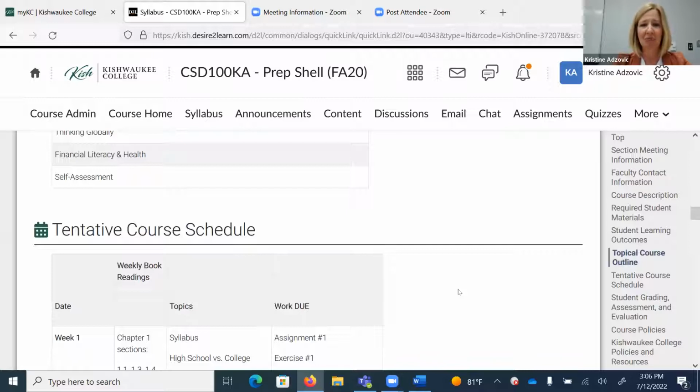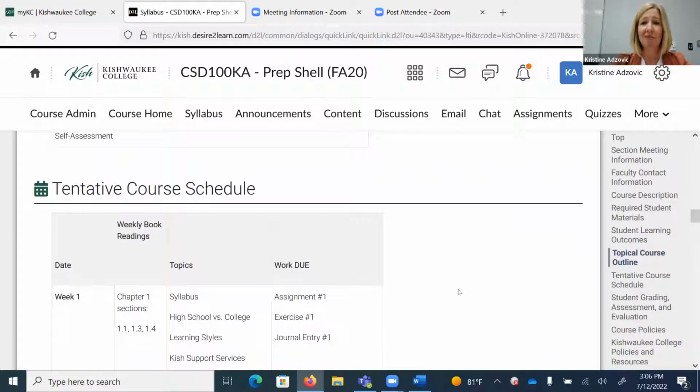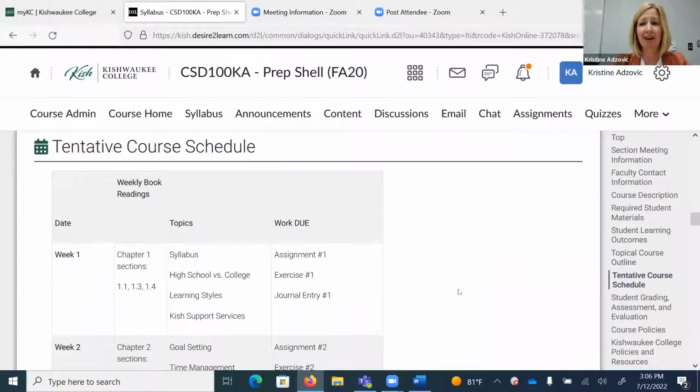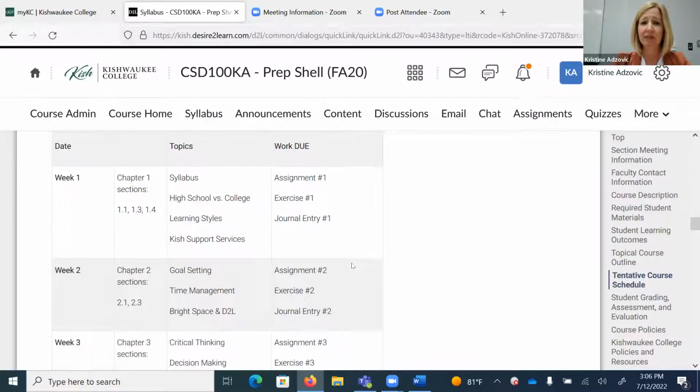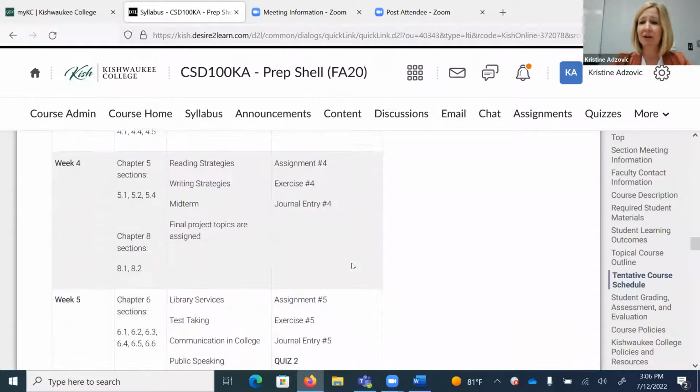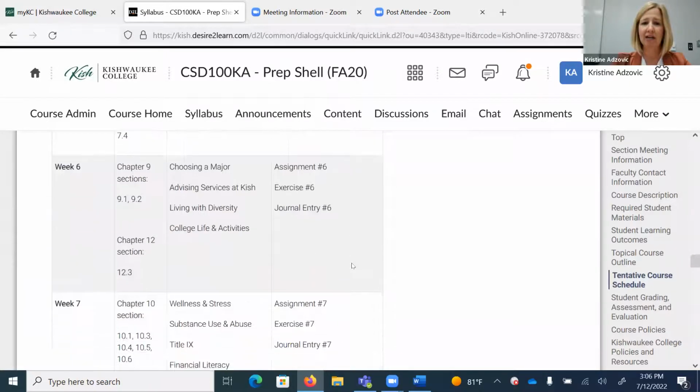This is a super important part, the tentative course schedule. For me and any class that I teach or take, this is what I go to every day to make sure I'm on track. Every course schedule will look a little different for every class, so pay particular attention to this on each of your class syllabi. It should give the days, the dates, the weeks, any readings, topics, and the work assignments or what is due on that particular day. So you'll want to go through this part of the syllabi very carefully to help you stay on track.